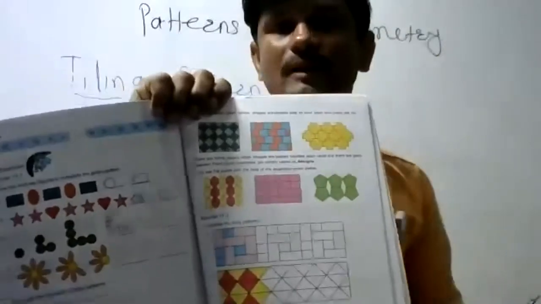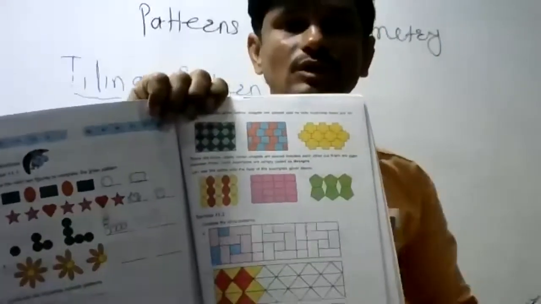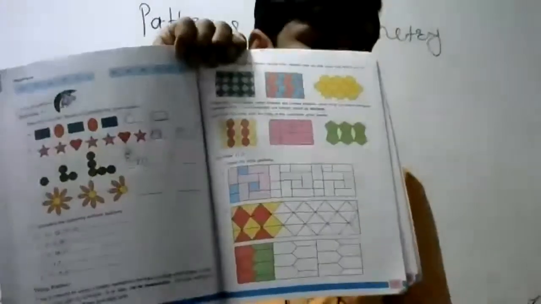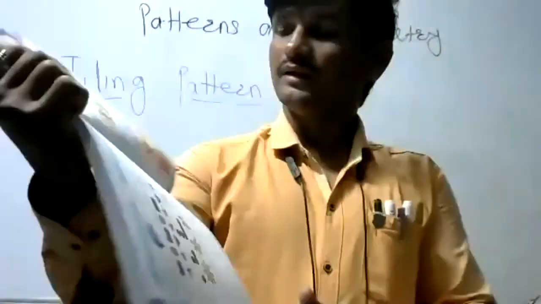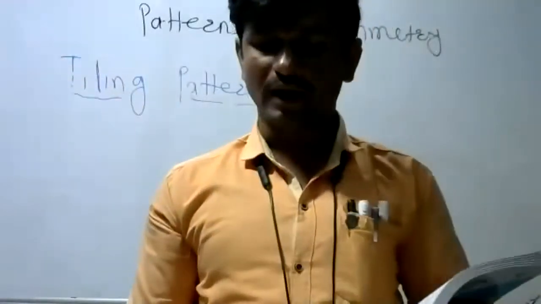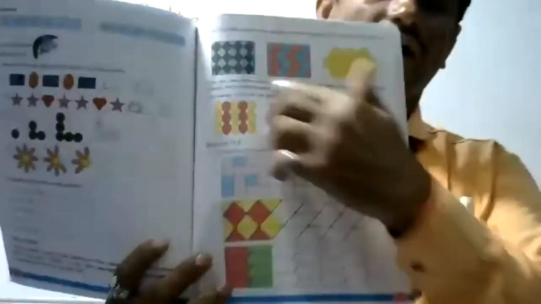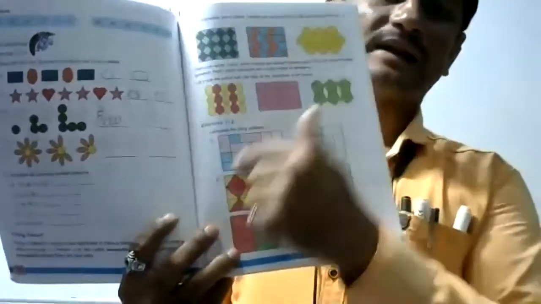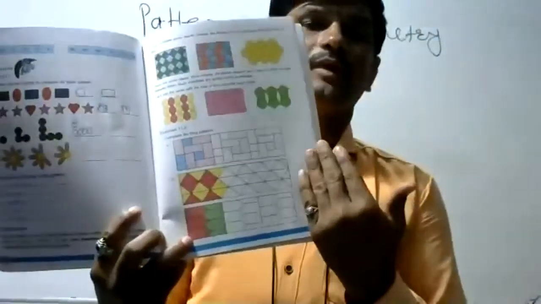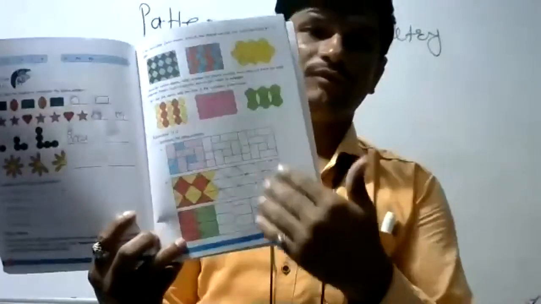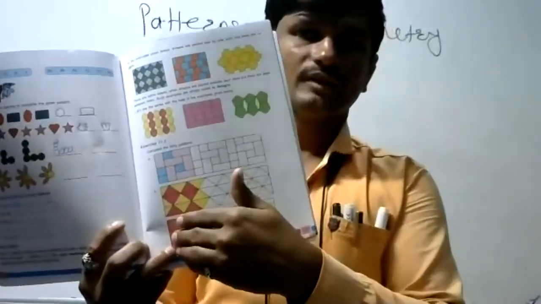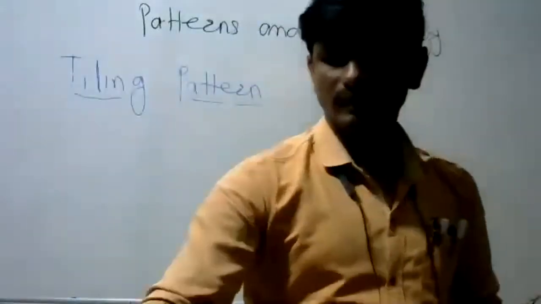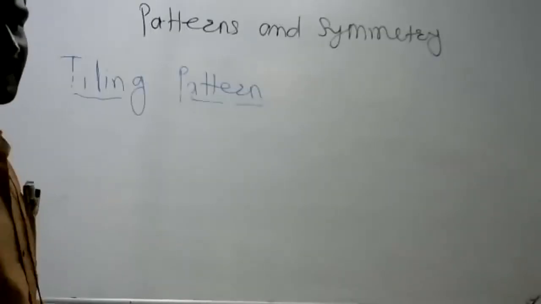One by one it will come. Yes, so in this point we have to identify the tessellation or tiling pattern. Okay, the downside exercise you can complete with the help of colors. You have to color this whole example. As the same pattern we have to create, make the same pattern with the help of this pattern. Understood about this, everyone? I hope no one else. From this point we have to start.